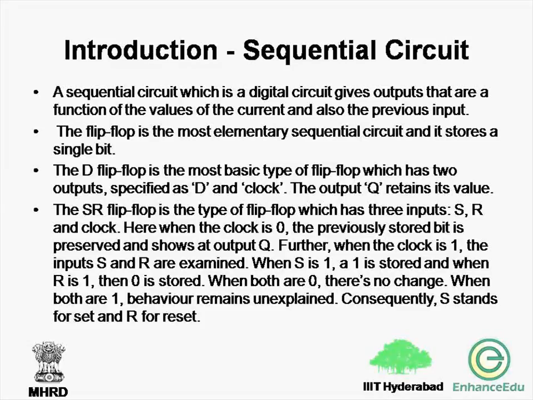When the input S is 1, that is, it is set, a 1 is stored, and when R is 1, that is, it is in a reset condition, then 0 is stored. When both are 0, there is no change, and when both are 1, the behavior is undefined for the SR